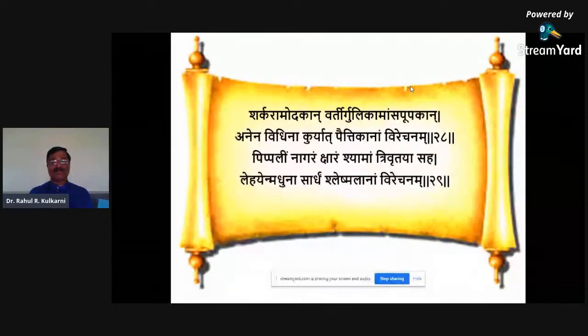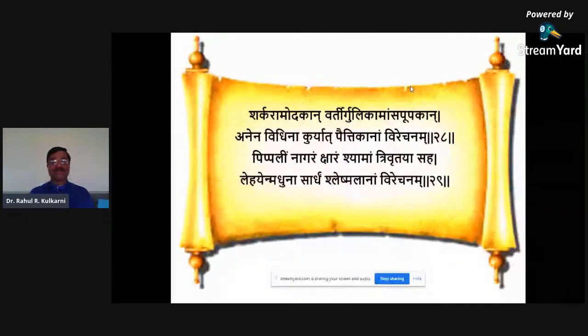But again, if you take another kalpa, Pippalim Nagaram Ksharam Shama Trivrutaya Saha. See, now it comes to a very specific thing. Pippali, Nagara, Kshara, these dravyas are Ushna and Tikshna, and Shama and Trivrutaya Saha. Both the things are used. The Shama, which is Ashudoshahara, Tikshna, and Trivrut, which is Mrudu compared to them. So both of these are used here along with Pippali, Nagara, Kshara, which is also Kaphachedaka, Bhedaka. Lehan Madhunam Sartaha. Again, this has to be subjected for Lehana along with Madhu. So Madhu is also Kaphahara.